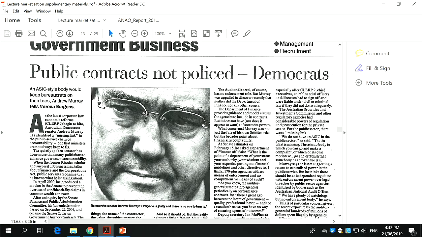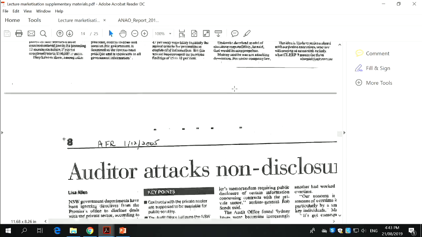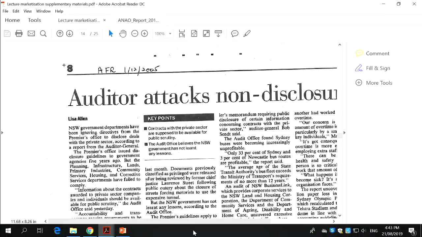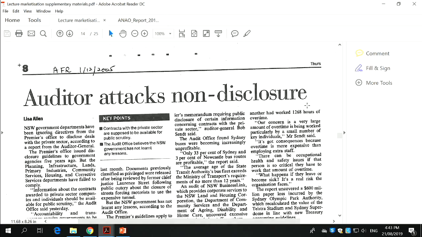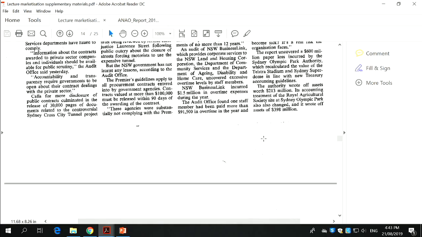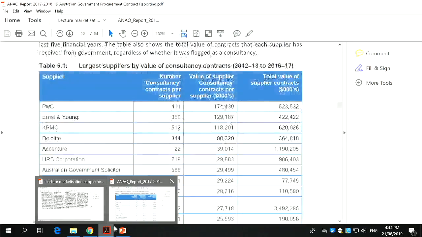So they're concerned about whether commercial in confidence is appropriately applied. So the auditors attack any non-disclosure. Okay, so that gives you some examples of the issues about